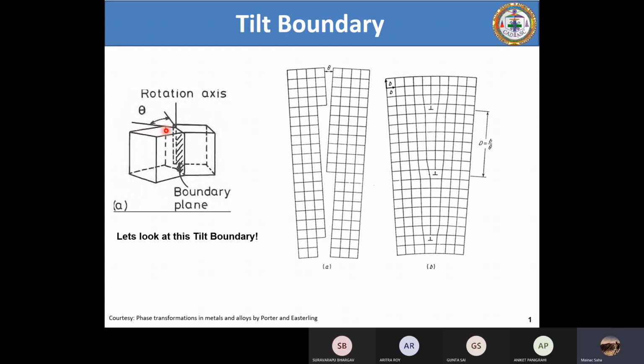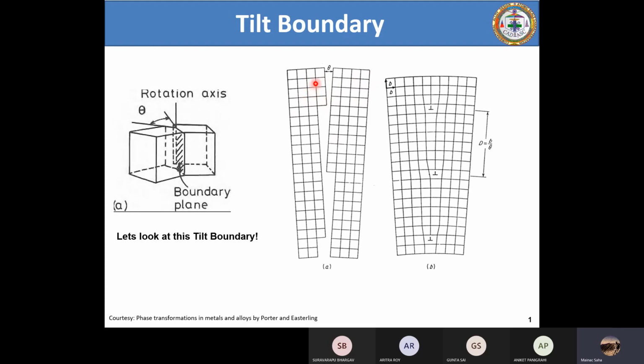And if you look at all the atomic layers here, and similarly all the atomic layers along the second crystal, and now imagine yourself looking along the rotation axis, or from the top of this bicrystalline, or two crystal, arrangement, what do you see? This atomic arrangement and this atomic arrangement within the bulk are the same, isn't it? Because both of them have the same composition, but the orientation is different.